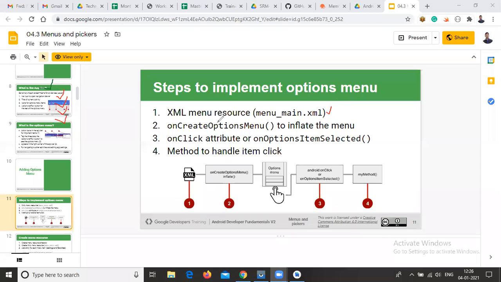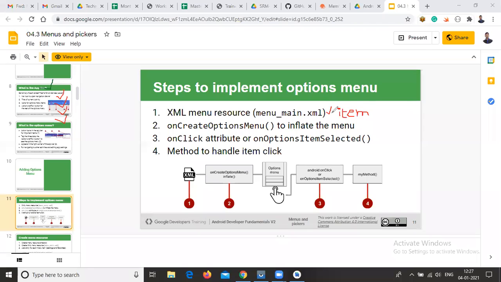After creating the directory, the second step is to create the XML file. Inside this XML file, we need to create items, and based on our requirements, we can create different items.